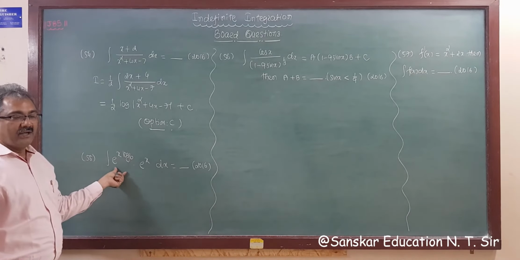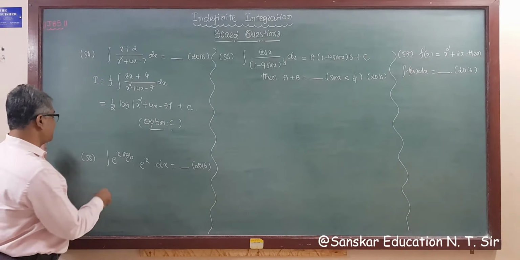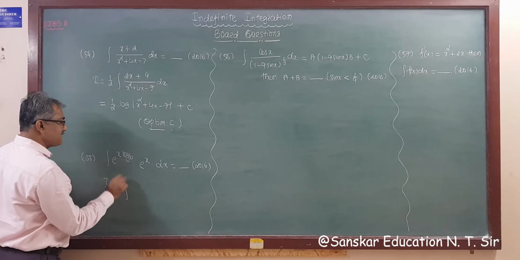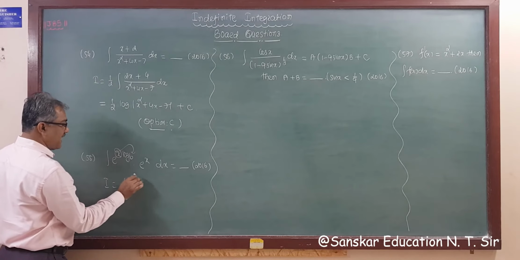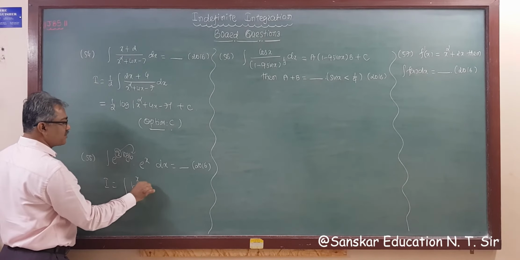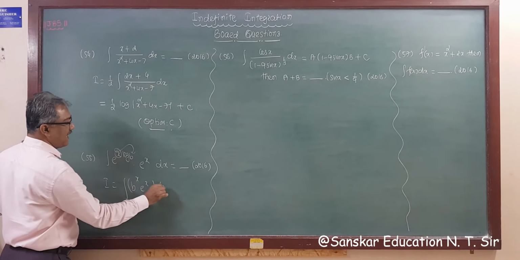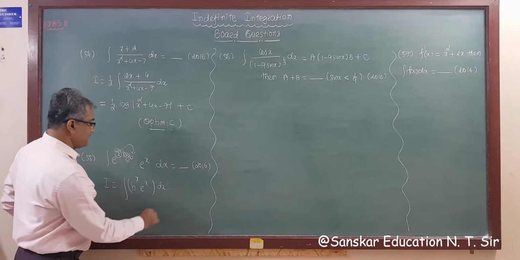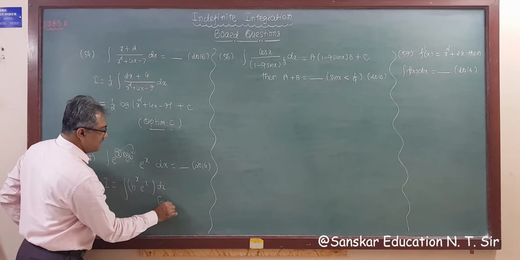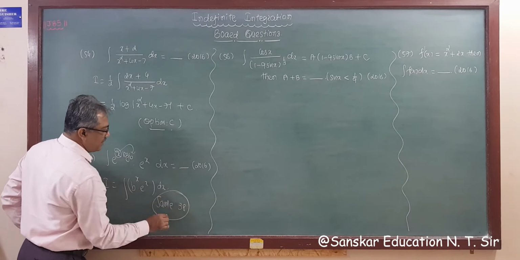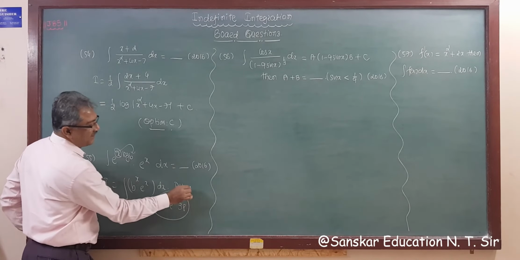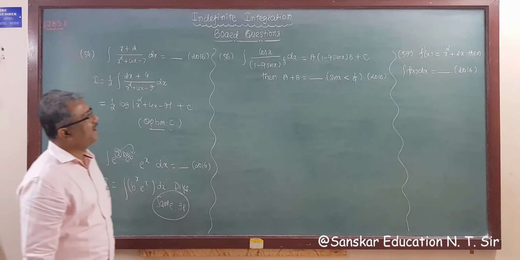Now this. We did this type of questions. This is I is equal to integration. This x comes here. So this becomes b raised to x. And this is e raised to x. Right? dx. So same question is similar question, C is 38 I think, right? So do it yourself for your practice, right?